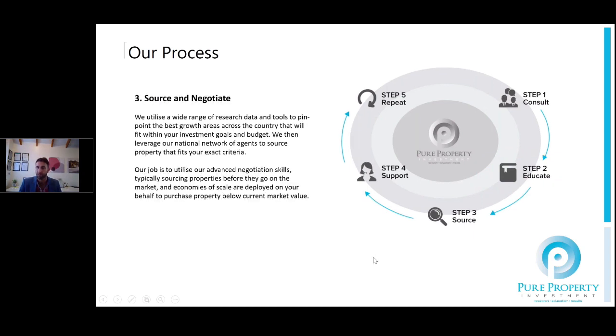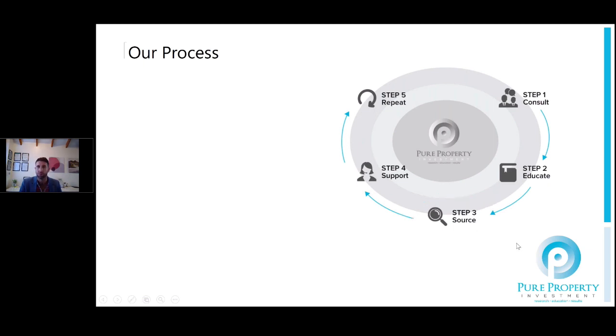Obviously a big part of what we do, once we understand the fundamentals of what clients want to be looking for, their price points, what is going to suit their specific strategy and objective, we go and source and negotiate that property for our clients. Now, that's utilizing a wide range of research data that we've explained a couple of those aspects in this webinar, but also we have a lot of tools that we use in the back end as well. And that really is to focus on markets which are going to perform as per what we want to buy at, certain price points, certain locations, certain property types. And we source and secure those properties. Predominantly they're off-market purchases, and realistically our job is to get those properties below market price as well, and that's what gives you that instant kick of hopefully opportunity in quicker equity gains and better long-term results.